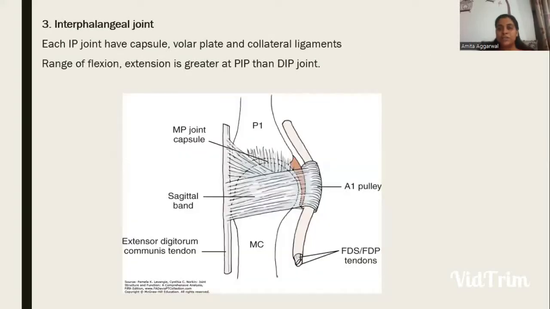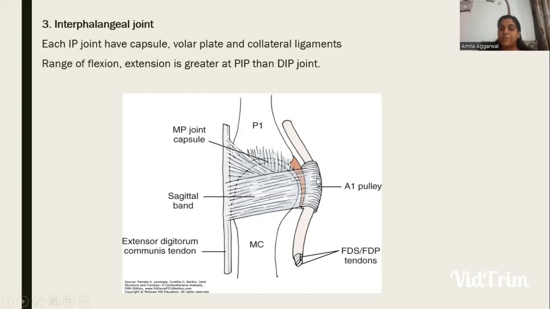Coming to the interphalangeal joints, we have the proximal and the distal interphalangeal joint. Here we have a capsule, and a volar plate to maintain stability, and the collateral ligaments to maintain the medial and lateral aspects of stability. Here the range of flexion and extension is much greater at the PIP joint than at the DIP joint. In this diagram, we can see the sagittal band, how it is connecting the volar to the